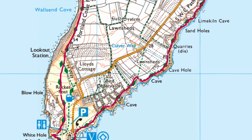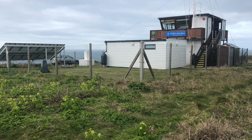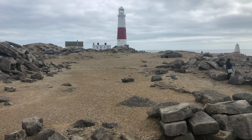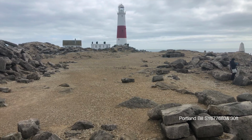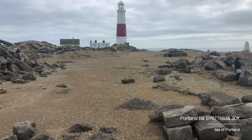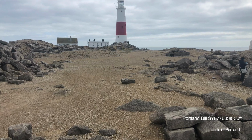We had a steady old walk down the western cliffs of the Isle of Portland. I tried hard to spot the place where I thought I once took students to see a massive ammonite poking like a car tyre out of a cliff face or quarry face of Portland stone, but I think it's long since fallen away. We get to Portland Bill in due course and stop there for a bite to eat and